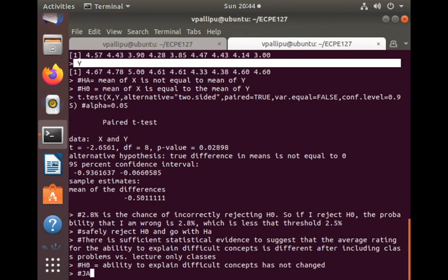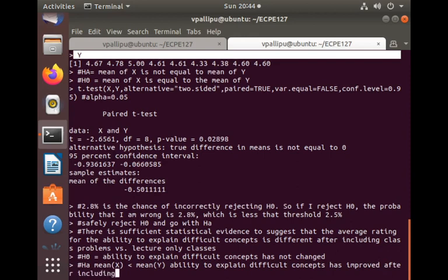The alternative hypothesis is mean of X is less than mean of Y, which is, ability to explain difficult concepts has improved